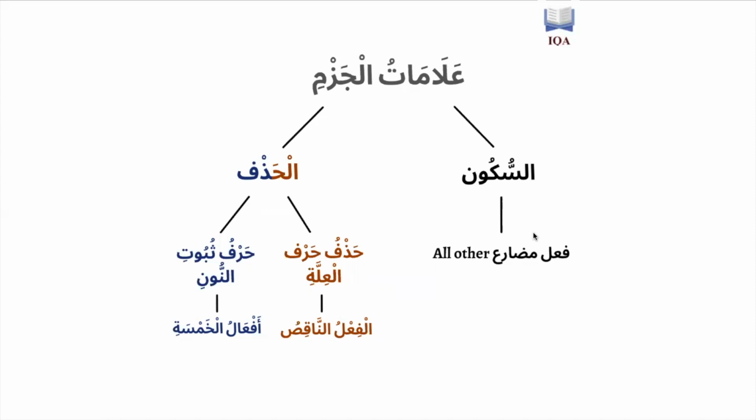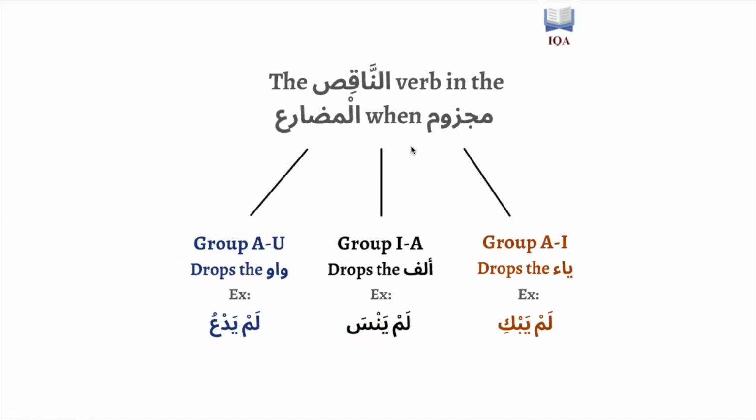So for example, for verbs like tadhabu, yadhabu, adhabu, nadhabu, and all those verbs I just mentioned that are not part of af'al al-khamsa and they're not a fi'l al-naqis, the sign of it being majzumun is going to be the sukoon at the end of it. So lam tadhhab, lam yadhhab, lam adhhab, lam nadhhab, and so on and so forth. So this is the final discussion, if you will, concerning the fi'l al-naqis, which is very simple. When it's majzumun, the sign of it being majzumun is the dropping of its weak letter, whether it be a waw or an alif or a ya.